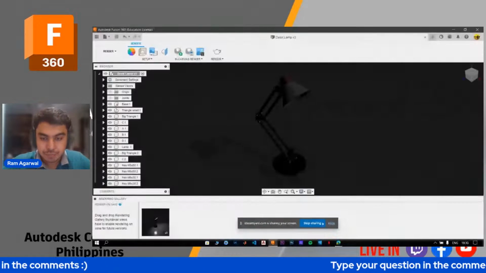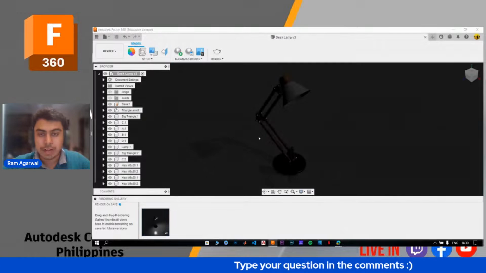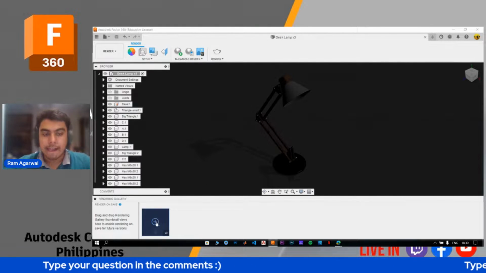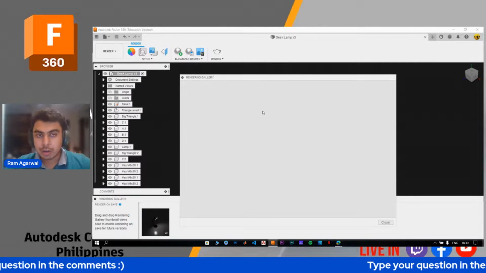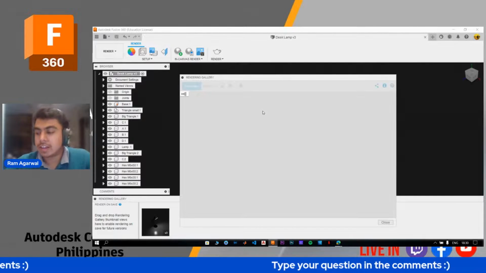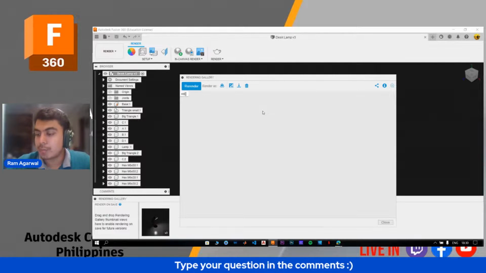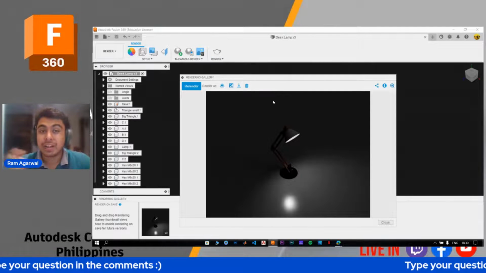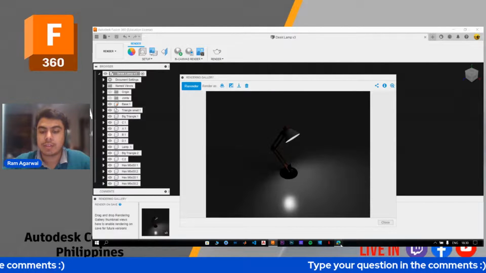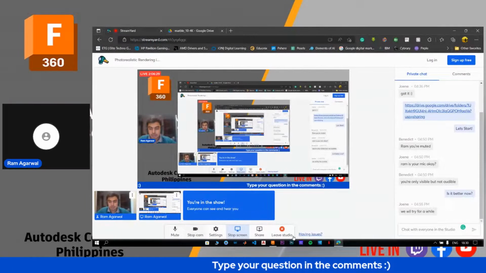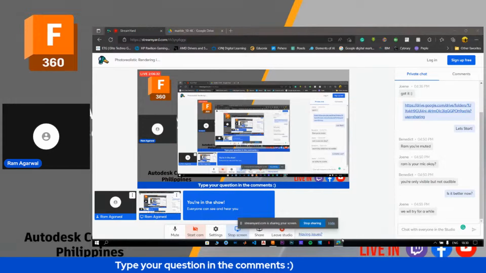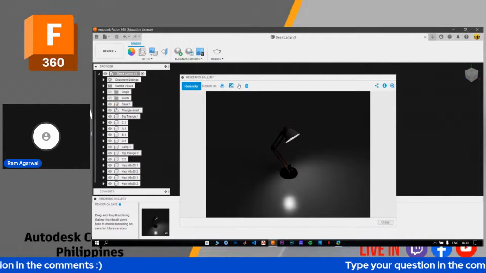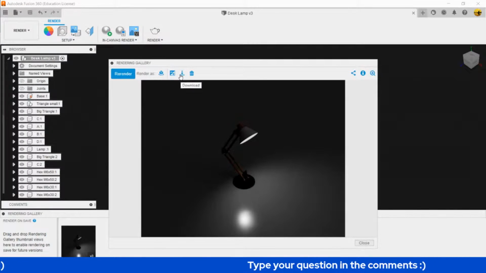So yeah, while we are at it, as you can see, the rendering for the desk lamp has been done, and I'll quickly show you the rendered output of this image, and then I'll show you what I mean when we are talking about custom environments and other external environments, and how to blend in all of these objects in these custom environments. I'll just switch off my camera because it takes a lot of my. So yeah, this is the image. I'll download it as a PNG file